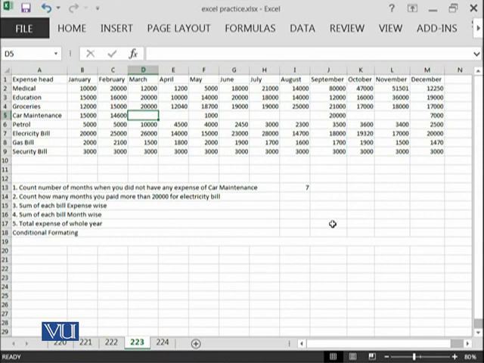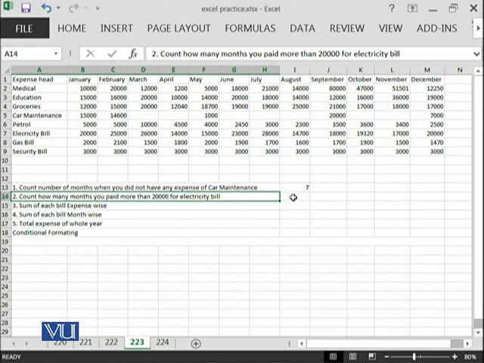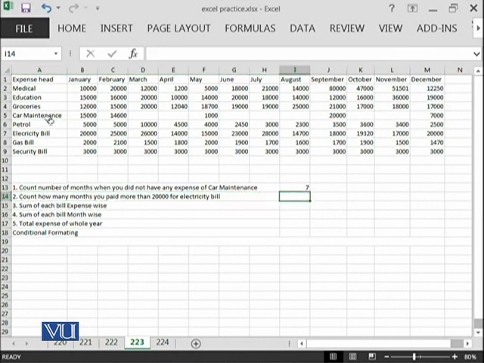And then for example, there is another query in our mind: count how many months you paid more than 20,000 for the electricity bill. So let's try to compute. The electricity bill is in row 7.